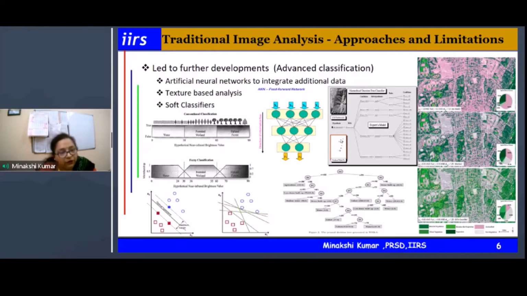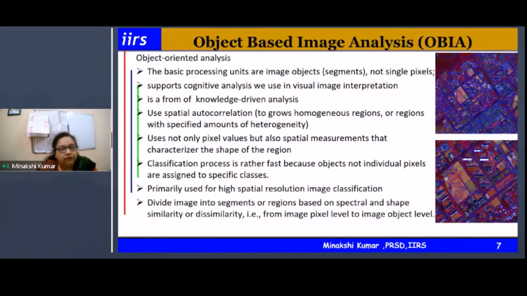advanced classifiers were used. But still, only one or two of the guiding parameters from cognitive analysis in visual image interpretation were used, like for example textures or elevation, or a land use map, which could be integrated with these types of classifiers, but not all the visual interpretation elements. So it formed the basis for object-based image analysis, OBIA, or basically geographic object-based image analysis, GEOBIA, for our Earth